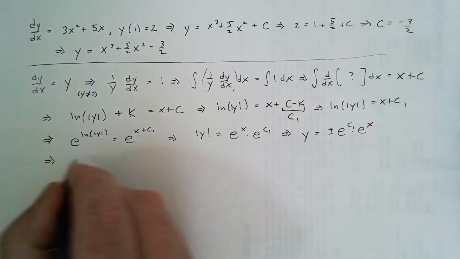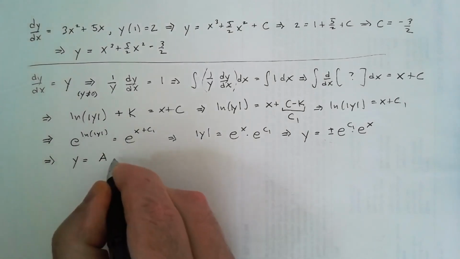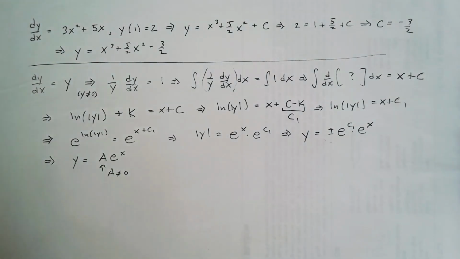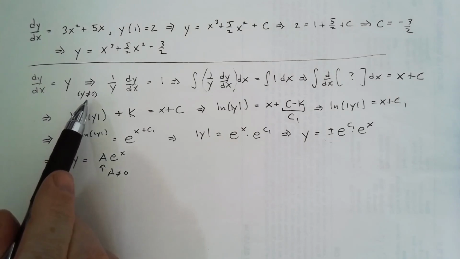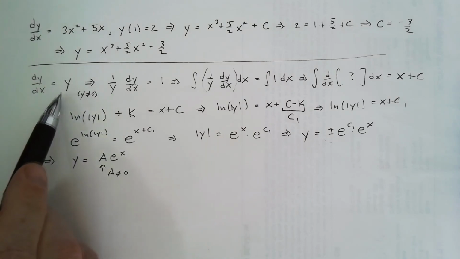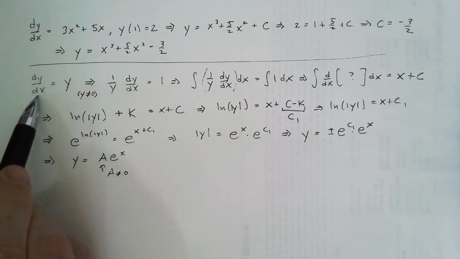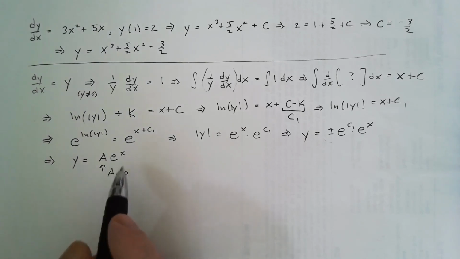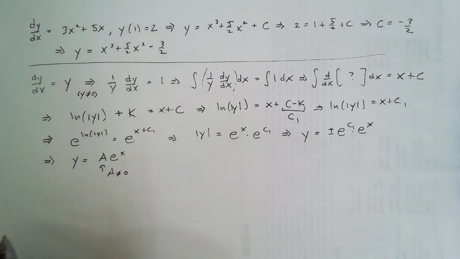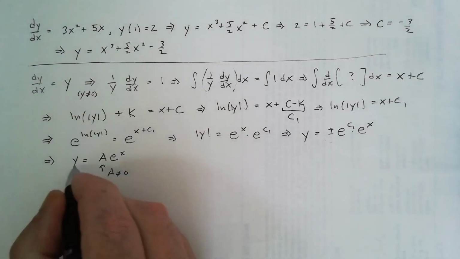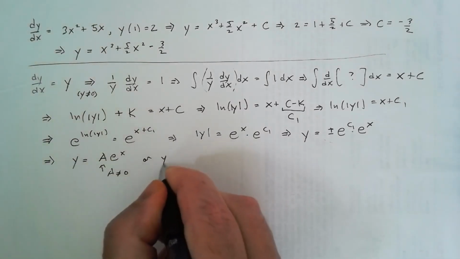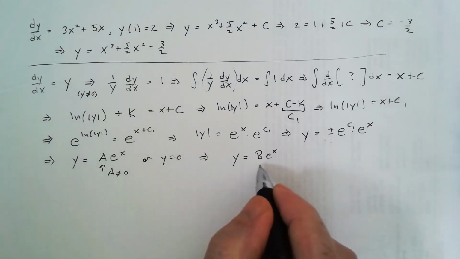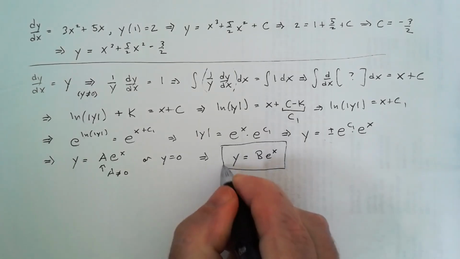So we could say that a general solution here appears to be y equals a e to the x as long as a is not 0. But we made an assumption at the very beginning of the problem that y is not 0. What if y equals 0? If y equals 0, the derivative of 0 is 0, and we have 0 equals 0, and that satisfies our original differential equation. So y equals 0, in other words, if I let a equal 0 down here, would also be a solution. So we could just put this together and say y equals b e to the x, where b is any constant at all, and this would be our most general solution.